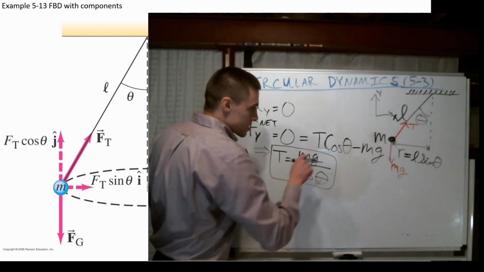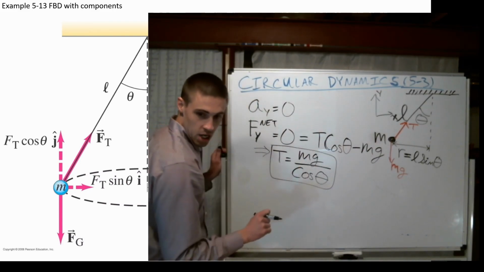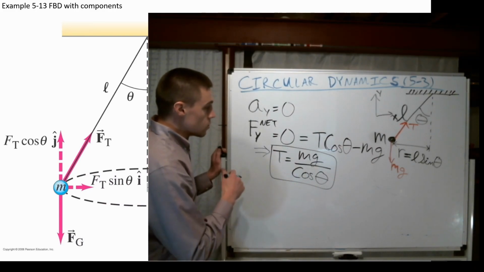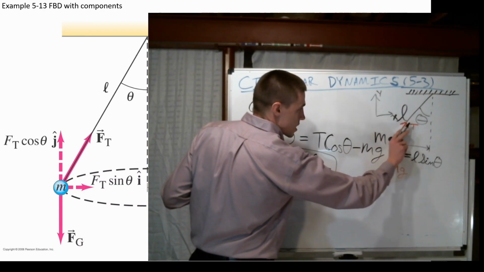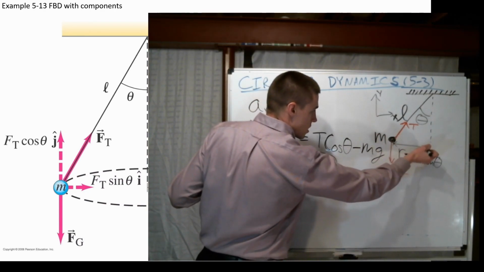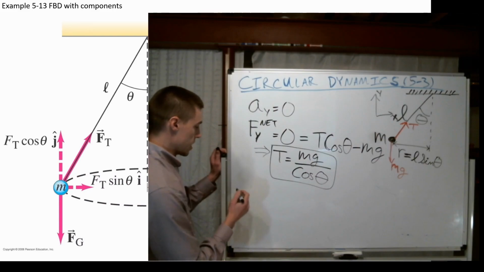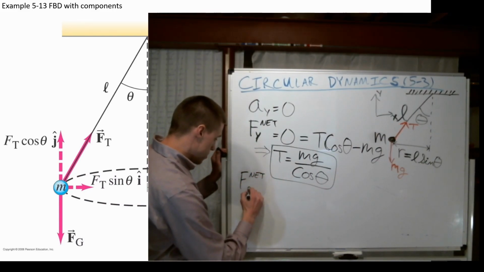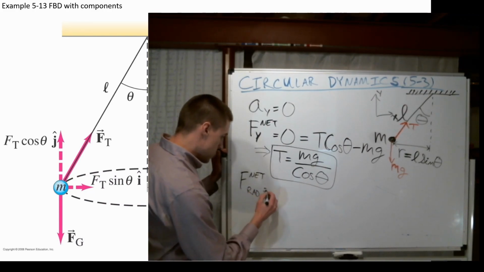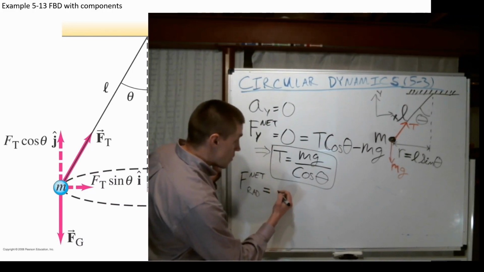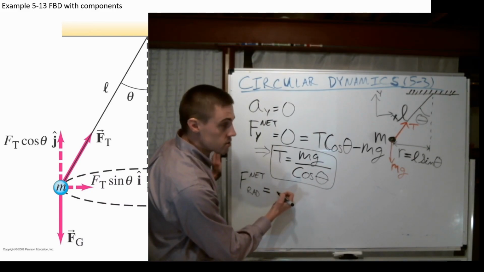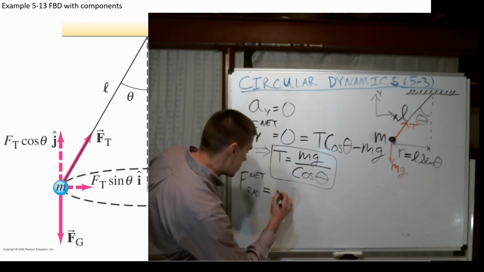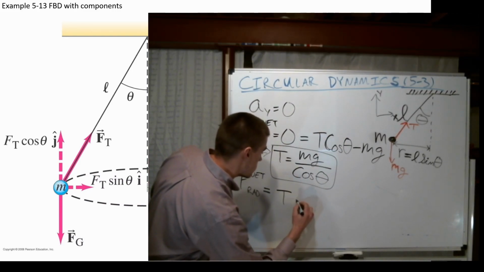So the x forces from this particular snapshot will give me the radial forces at every point. As I had said, tension pulling up this way, tension sine theta in this direction, in towards x. So F net in the radial direction is going to be equal to just this one single force within the plane of motion, T times sine